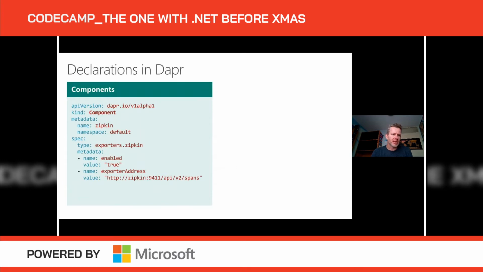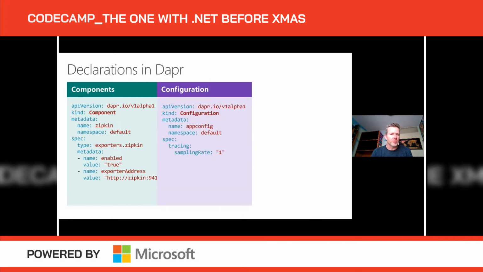And the way that happens is in declaration files, 3 different kinds. The components specify the individual components that you would like to use. And in this case, it's a Zipkin trace exporter that has some metadata in YAML format. And then you will have a single configuration file that specifies some details on how to specify the tracing, which is most of what can be configured at the moment,